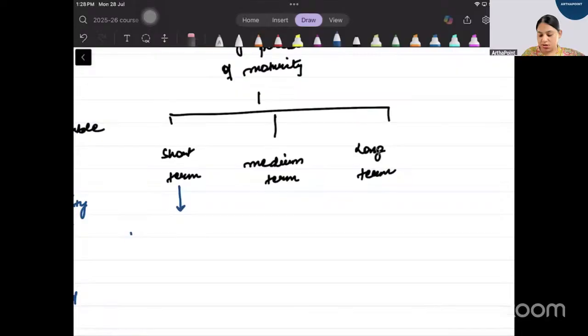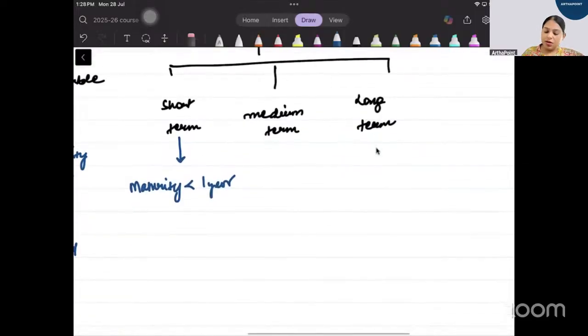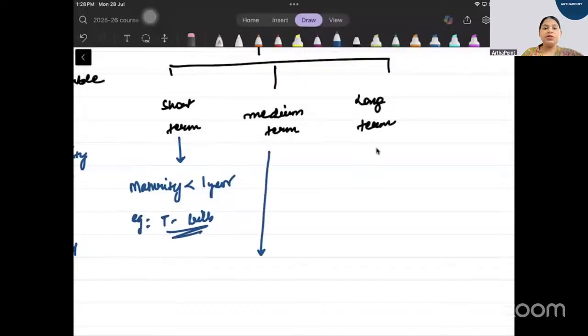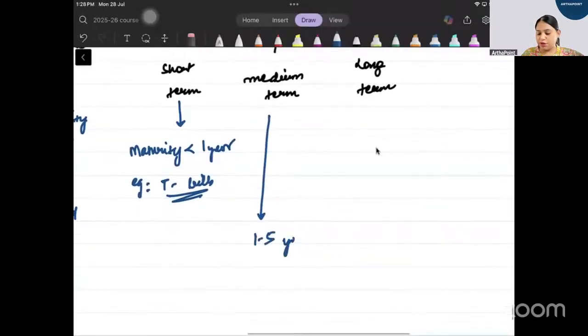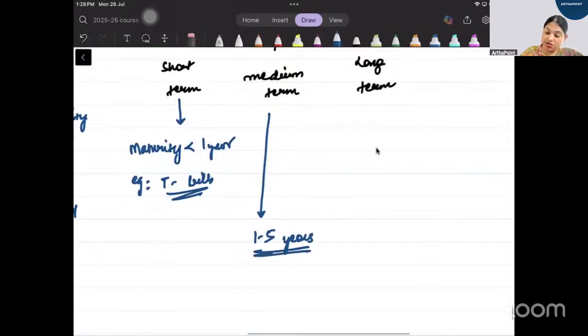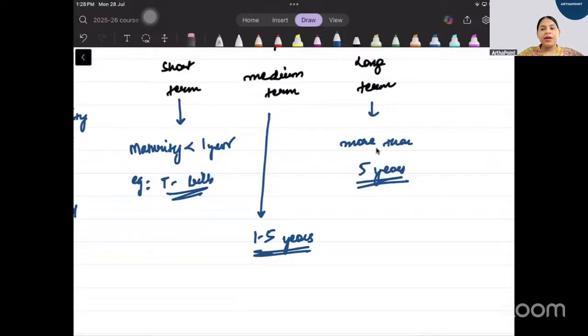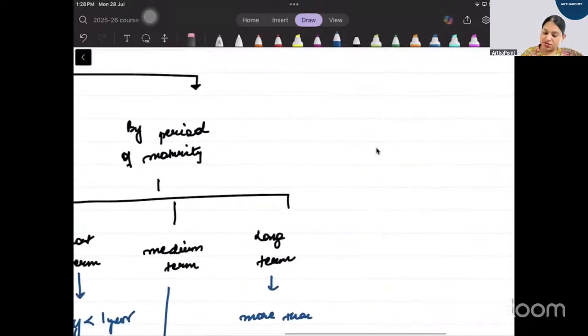Short term means the maturity is less than 1 year, like treasury bills. Medium term means the maturity is between 1 to 5 years. And long term means the maturity is more than 5 years. Right. Then the next one that we have is